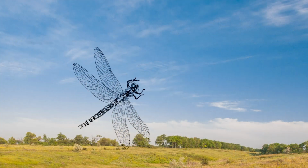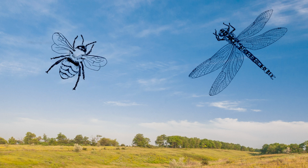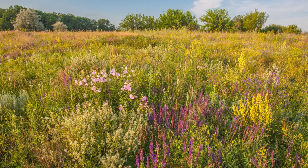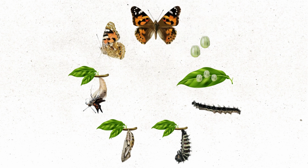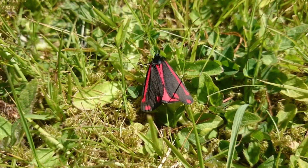We also know that unfortunately insect numbers have reduced significantly in the last 20 years, and they are a key building block of a healthy ecosystem, from pollination to food source. Our green petal will focus on providing habitats for all kinds of invertebrates, across the seasons and throughout their life cycles. Of national or local importance and potentially present on our site include insects such as knotgrass and cinnabar moths,